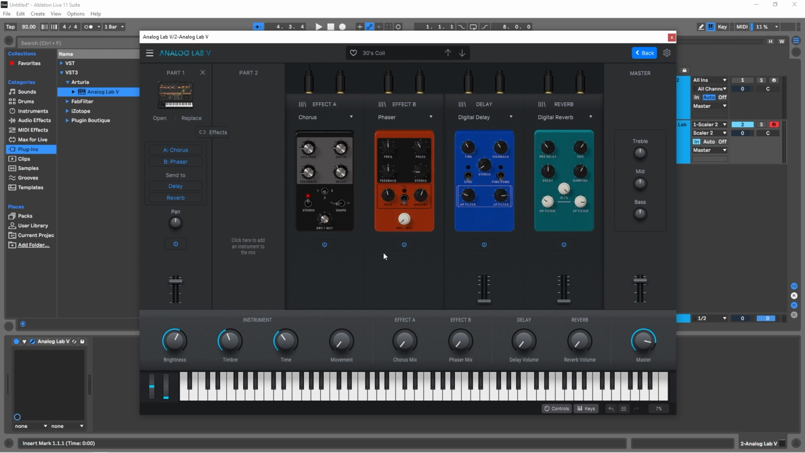That brings me to the edit page. Now I have these controls over that preset: brightness, timbre, timing, and movement. Now, as that's a preset from an instrument and we don't have access to them, some presets have sequences, some